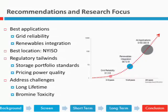In terms of location, we think it is best to move to New York because it is the most favorable for storage technologies. We also have observed several regulatory tailwinds, such as unification of storage portfolio standards nationwide and the pricing for premium power. However, having said all that, the scientists do have significant challenges they have to tackle, namely